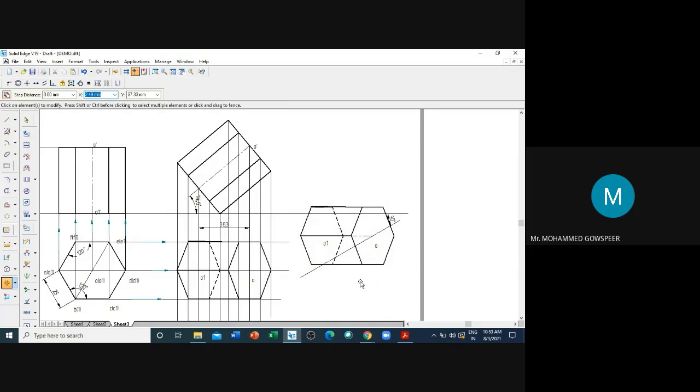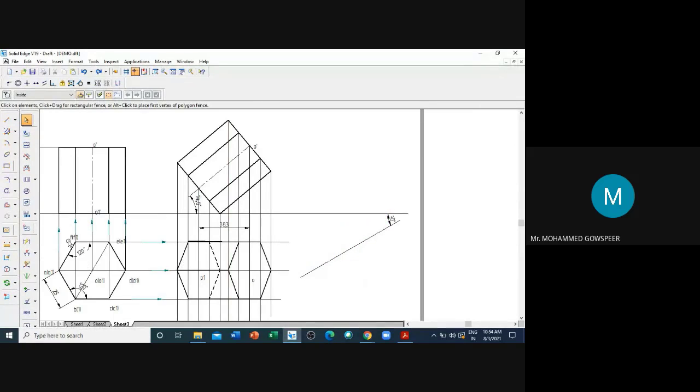Okay. Next, rotate. Select this prism. Now this is the center of rotation. Sorry, here we need to draw a locus. I forgot, sorry.